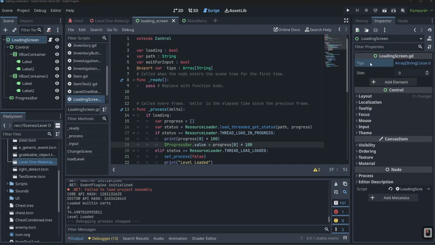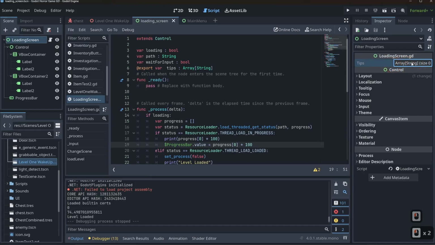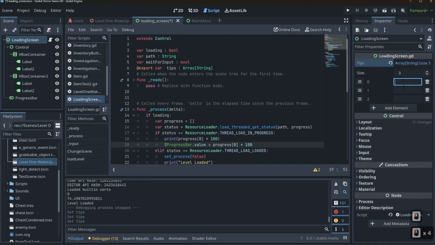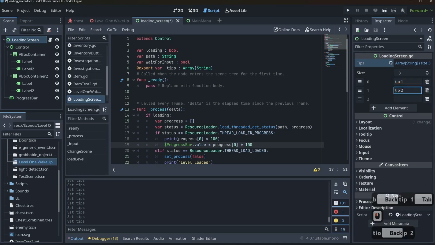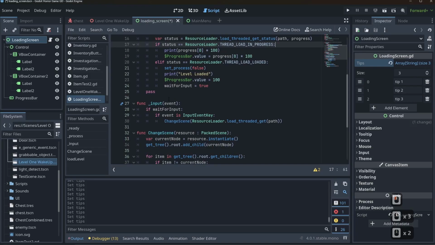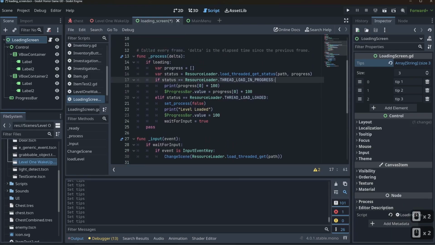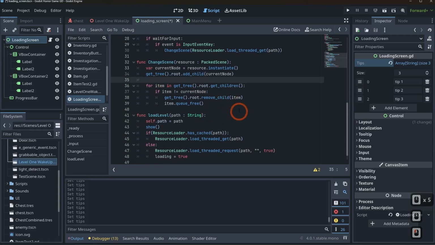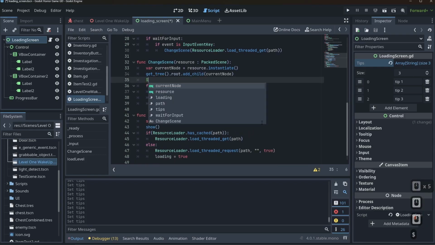So now if we take a look at our tips over here on the upper right-hand side of our inspector. If we make sure we have our loading screen selected, we click on our tips and we click on right here, we can actually add in different tips. So tip 1, tip 2, and tip 3. And then we can basically just set it up so that when we're loading, we can show our tips. So we could just basically come in here and on change scene, just say $